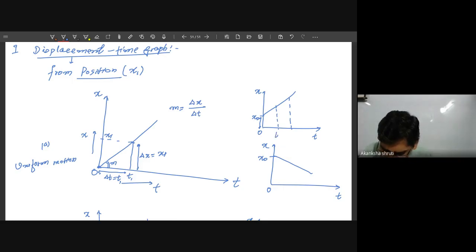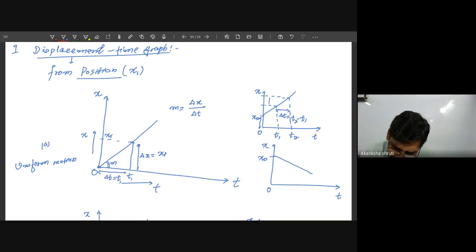graph. So this is our t1, this is our t2, and you have to calculate the velocity in this interval t1 to t2. At that time, you have to take care of the time interval. What is that time interval? This gap you have to calculate. The t1 is the smaller time, t2 is the larger time. So the interval between t1 and t2 is denoted by delta t. It is given by t2 minus t1.